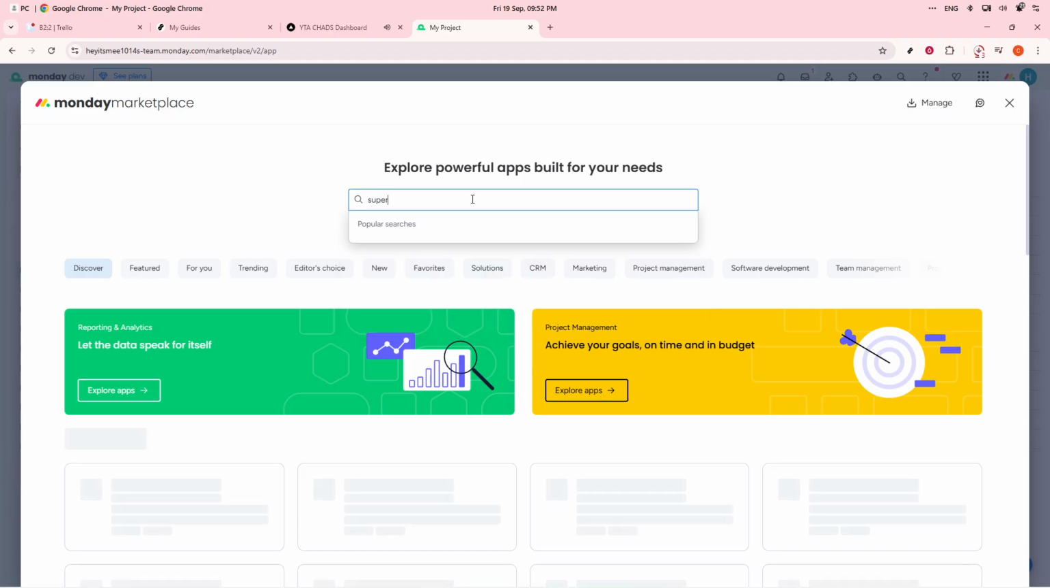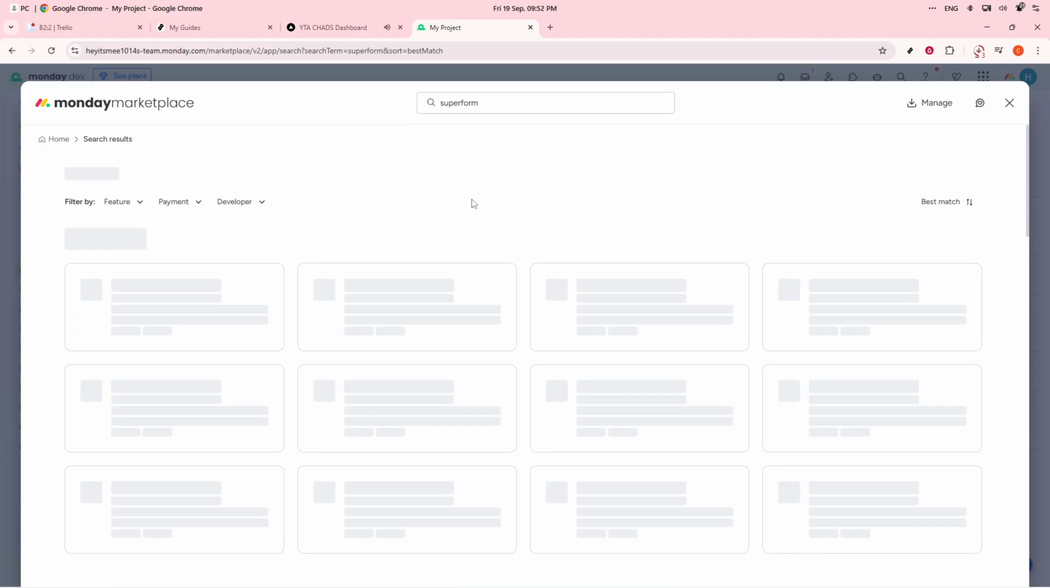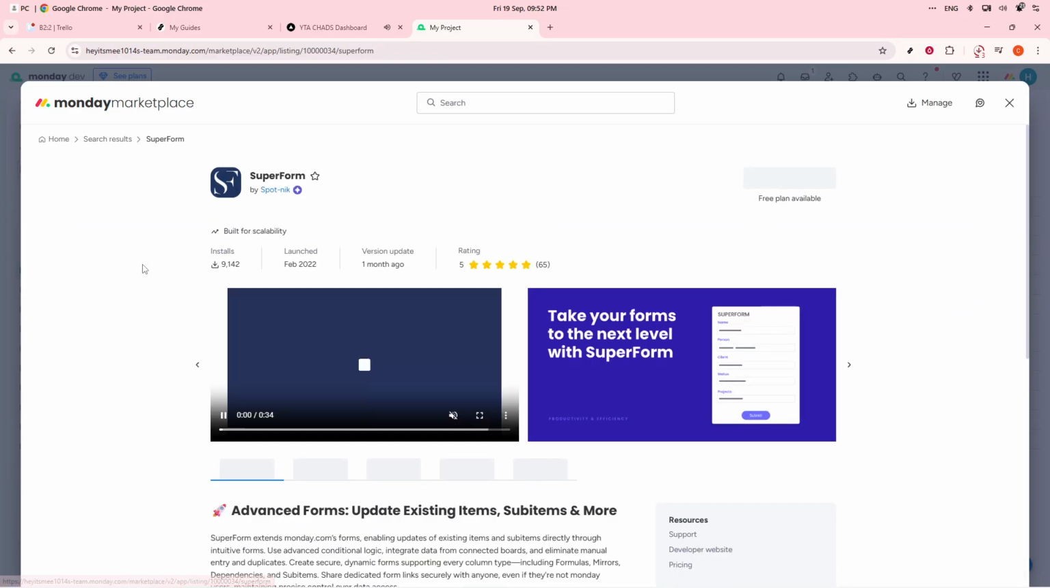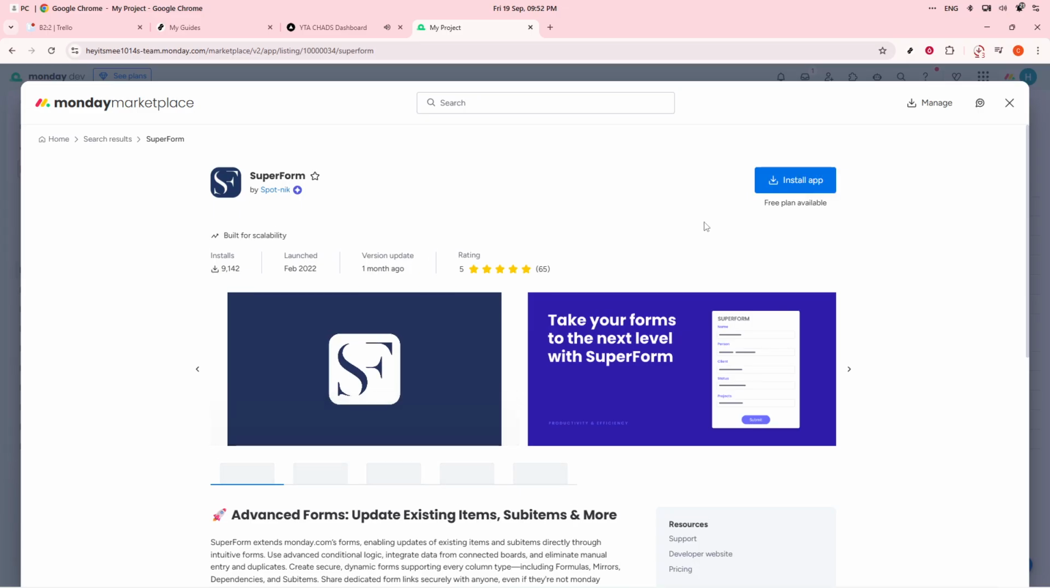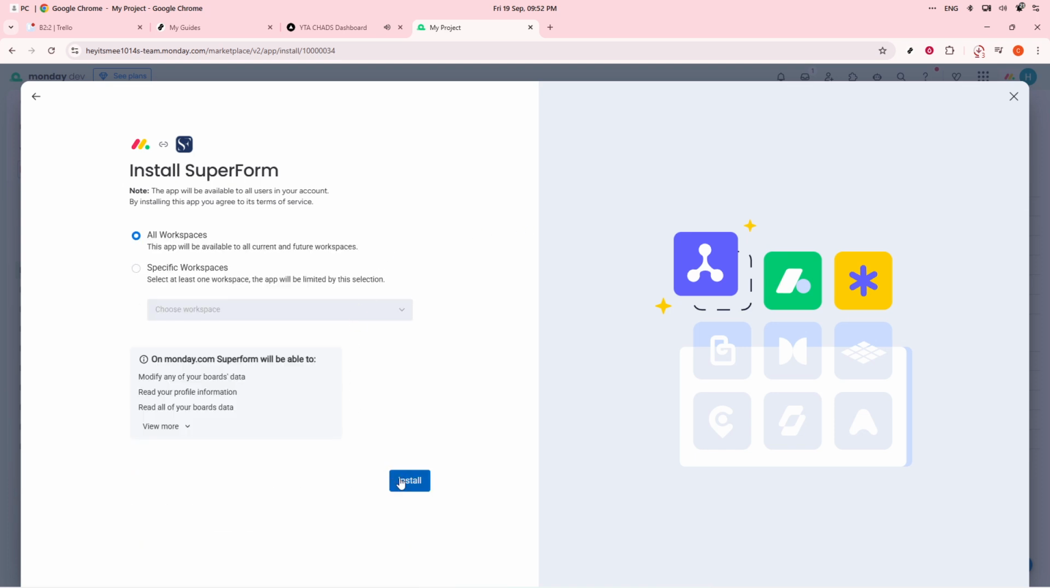With SuperForm installed, now it's time to create or open a form. Back in your board, access the SuperForm from the app's menu. You have the choice to create a new form or select one that you've already been working on. After you've made your selection, make sure to connect this form to the board that houses the items you want to update. This step is crucial because it directly ties the form to your work data, ensuring changes are made